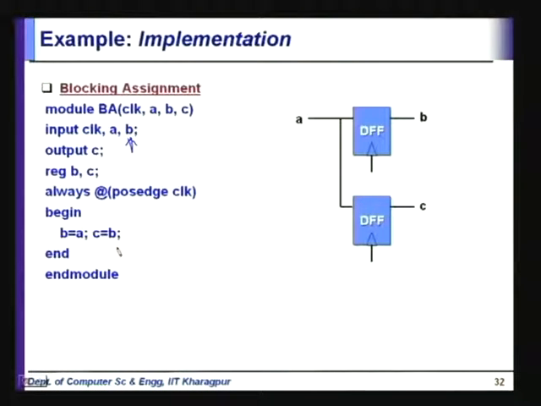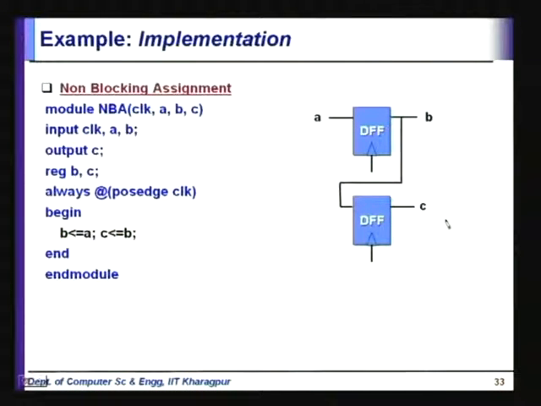Okay. Now what does this mean? This means that we are going to assign A to B first and then assign B to C. Okay. Now all this is happening in the same clock cycle. So now think of this implementation. This implementation is assigning A to this and assigning A to this, right? Compare this with this one,